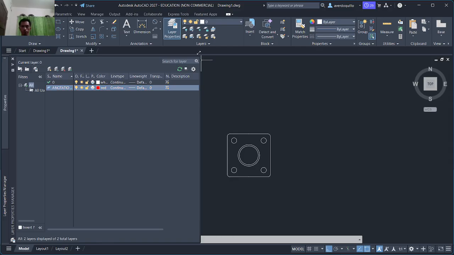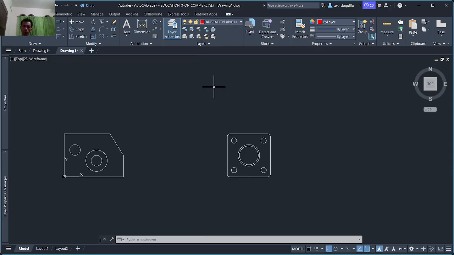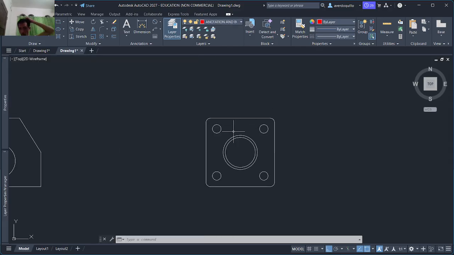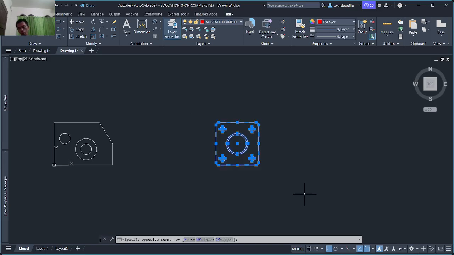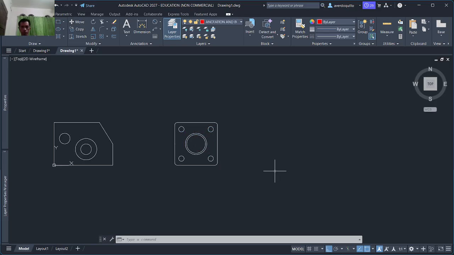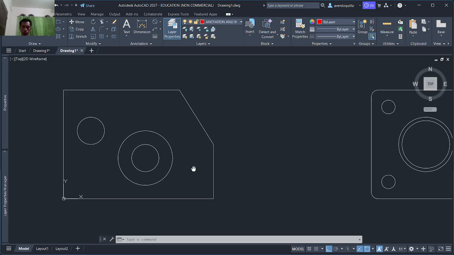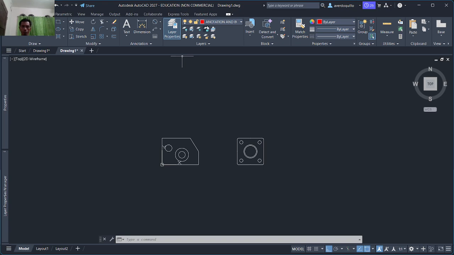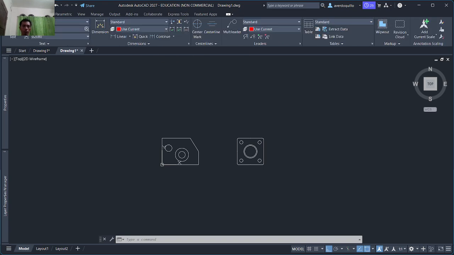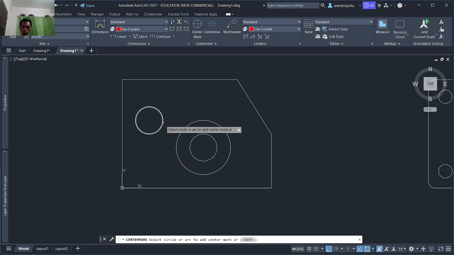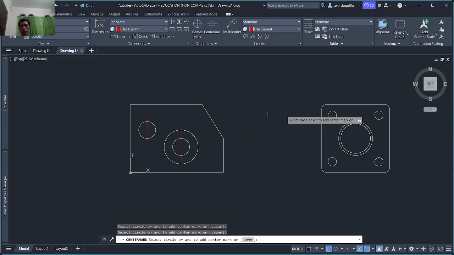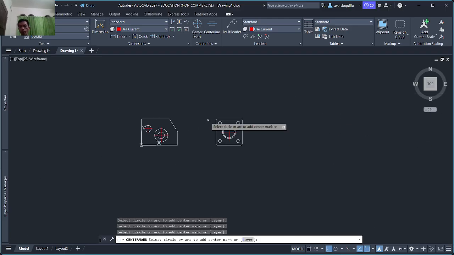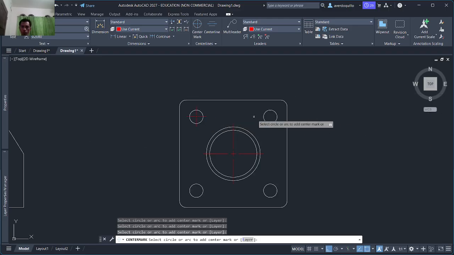Now let's go to annotation. I can move this one as well to make it closer so I can monitor everything. We have to use the center mark.